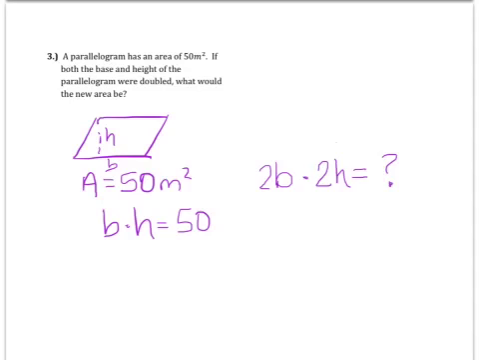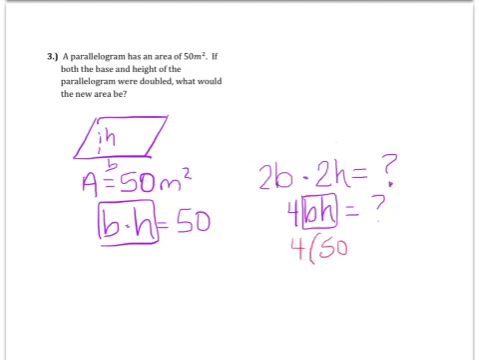Well, I could simplify this and get 4b times h equals something. Well, I know that base times height is equal to 50. So 4 times 50 would give me 200 meters squared. If that doesn't really make sense to you, what you can do is just think of an example